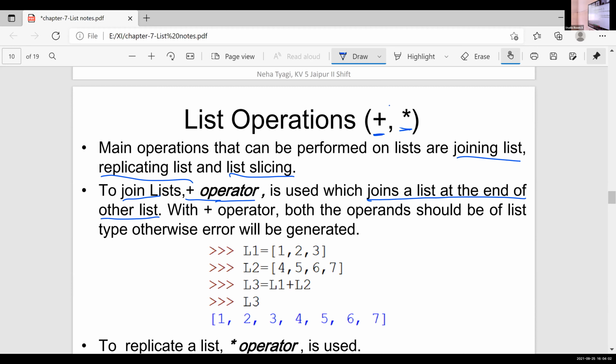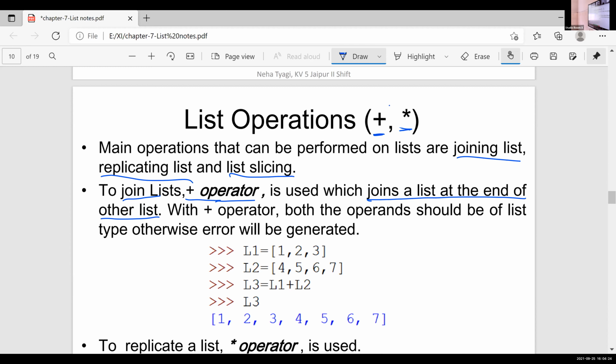The joining operation is only based on similar type. That is, if I'm joining two lists, the two operands must be of list type. Okay. The mixed type joining is not possible. We can join two lists or three lists.